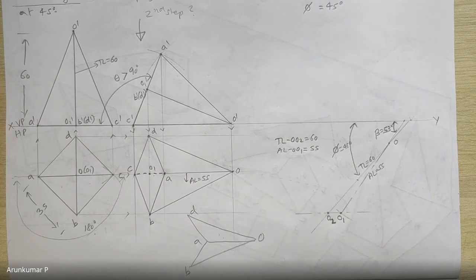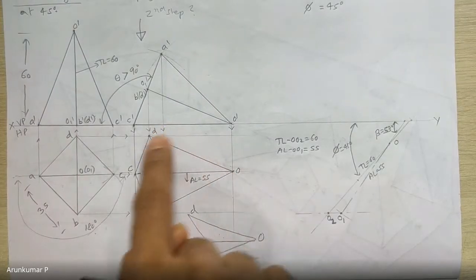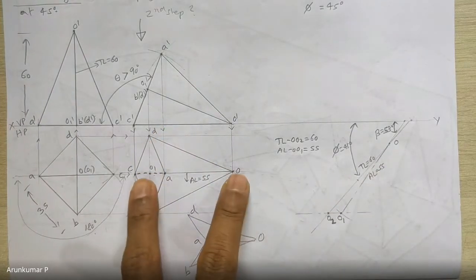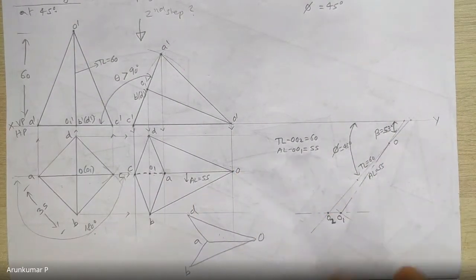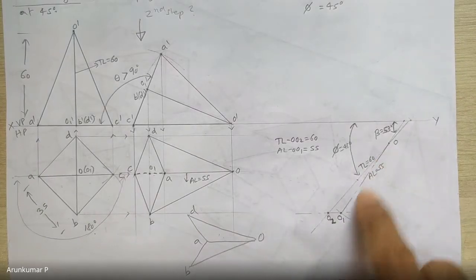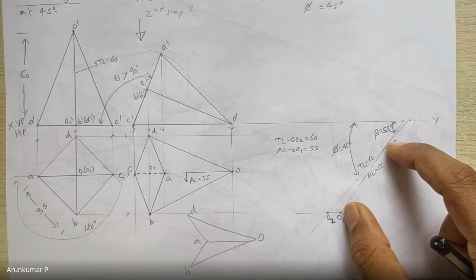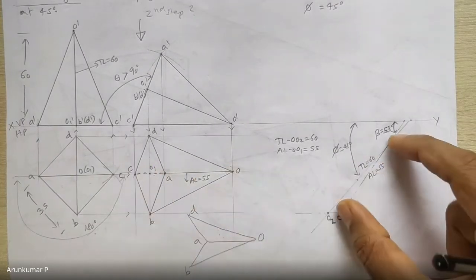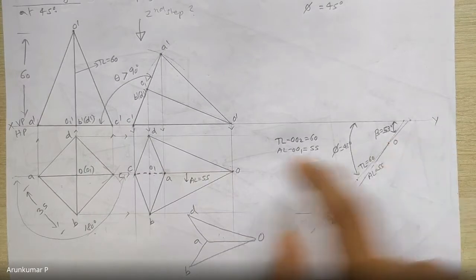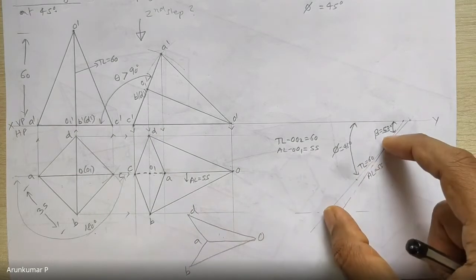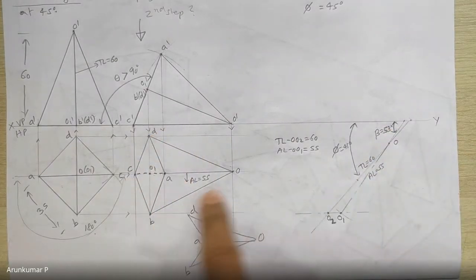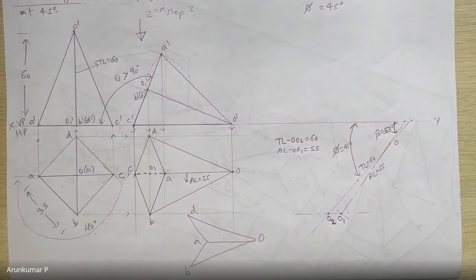Okay. Now this is not our point of interest. Our point of interest is to redraw this second step top view in the third step. So for that you have got O and O1, the apparent length here. You forget about O2 now. The relevance of O2 is not there once you have got O and O1. Now only focus should be on O and O1, which is 55 mm long, apparent length. Now around this you have to locate ABCD and try to complete the third step top view by repositioning the second step top view. So again you have to take the help of your rounder and scale.